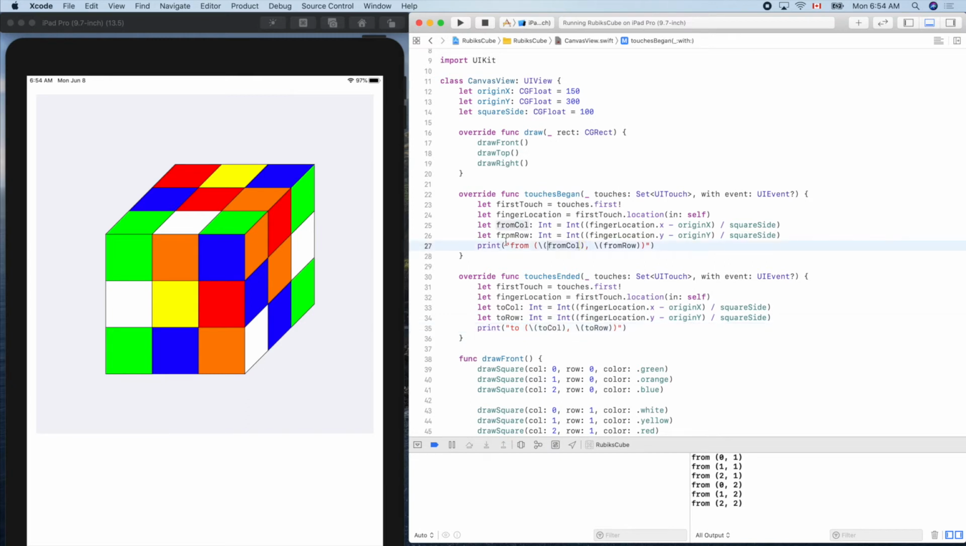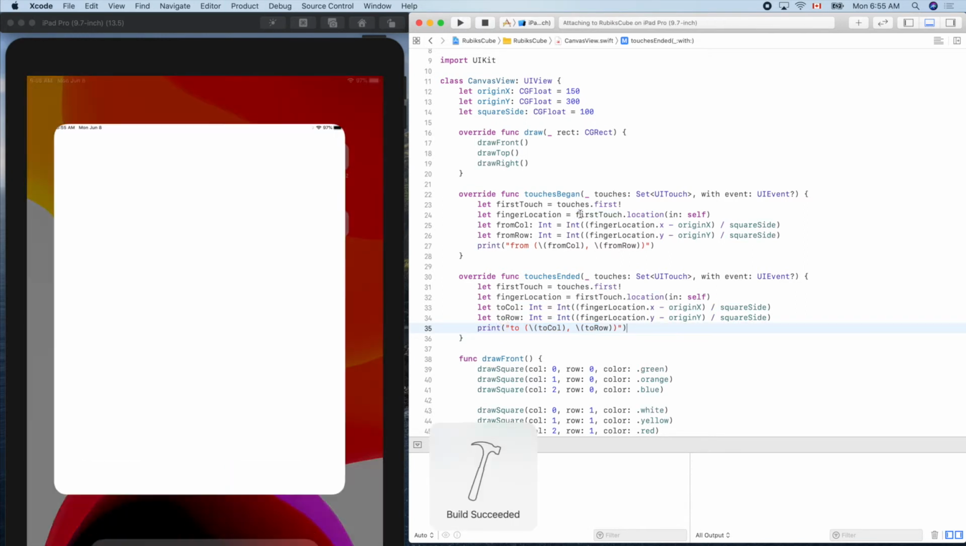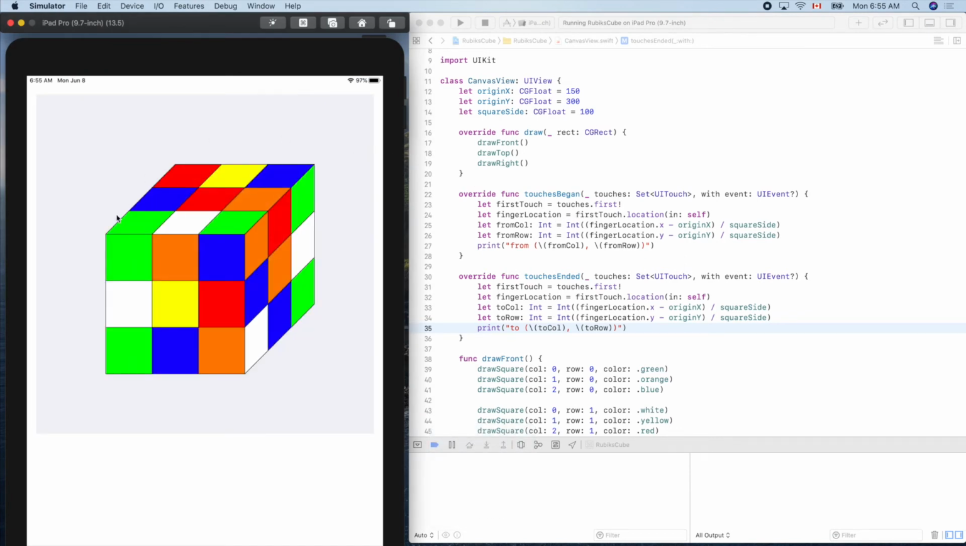When we touch down and drag and lift our finger, we should be able to see first this one, then this one, reporting the starting point of our finger and the destination of it. Okay, let's give it a try. So let's try from here to here. Okay, so we'll use this as our gesture to turn, right? For example, to rotate the top layer,